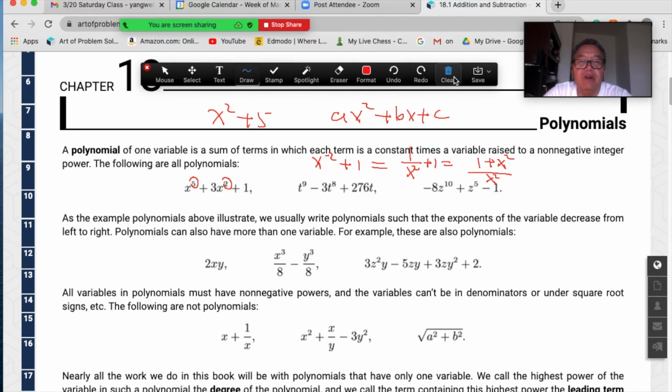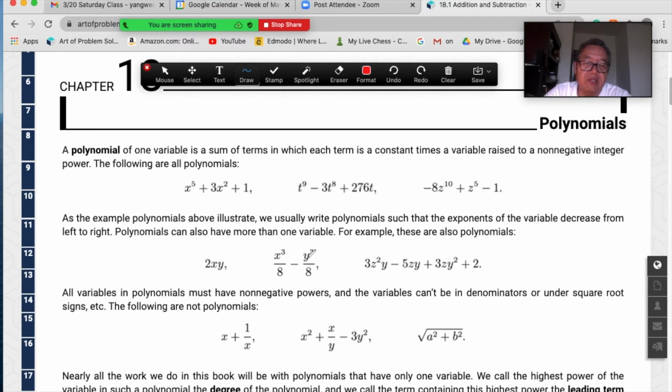But the constant coefficient can be a fraction like this. 1/8 is the coefficient of x power 3. Negative 1/8 is the coefficient of y power 3. This one is still called a polynomial, but we only require the